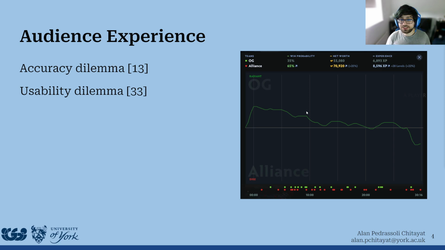That draws me to a couple of known dilemmas regarding win prediction. The first one is what's called the accuracy dilemma, where a win prediction model that is too inaccurate, that's not very good at predicting who will win, will obviously not be very good at doing its job. However, a win prediction model that is too accurate is also going to detract from the audience experience, because